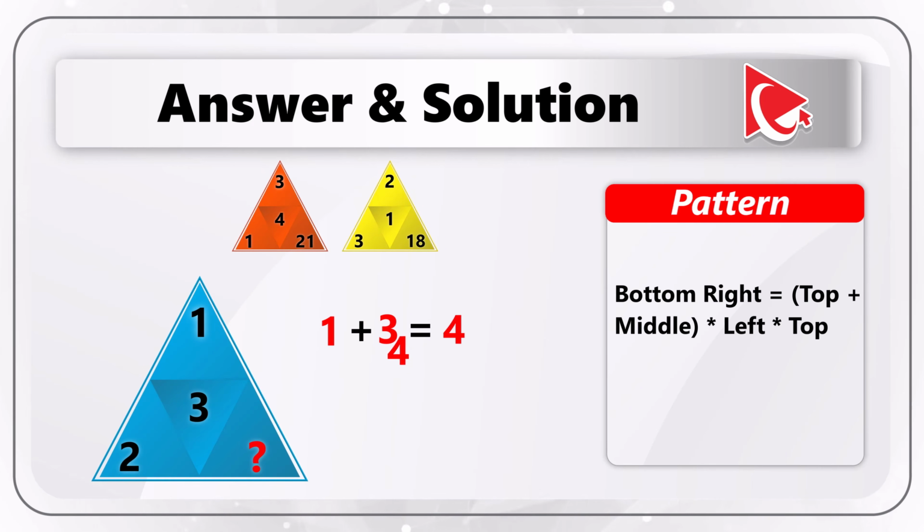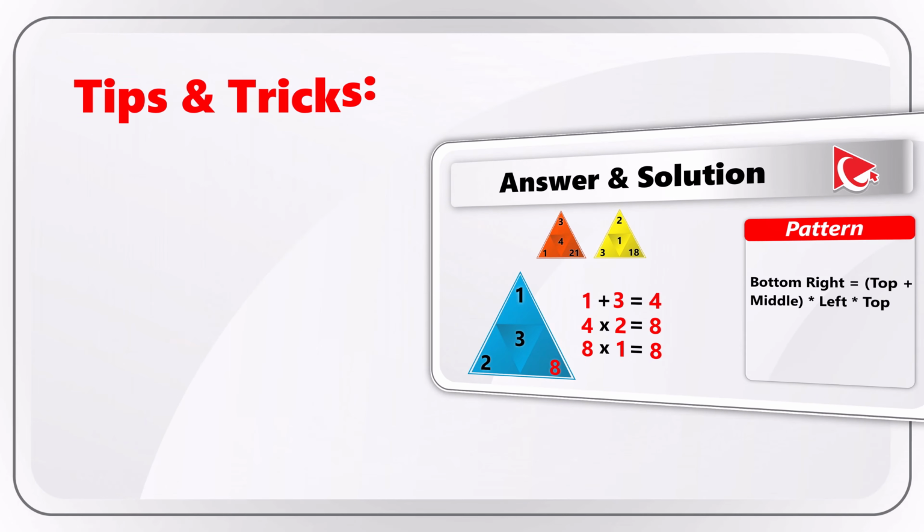4 multiplied by 2 equals 8. And then 8 multiplied by 1 equals 8 again. So the correct answer here is choice A, 8. Let me give you some tips so you can solve these types of questions on a real test on your